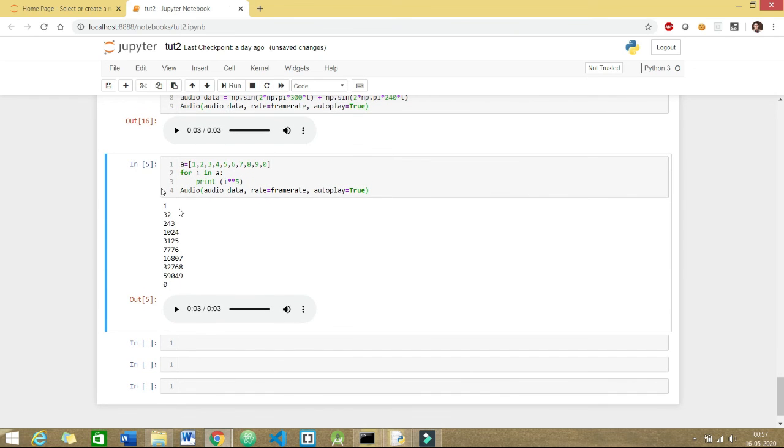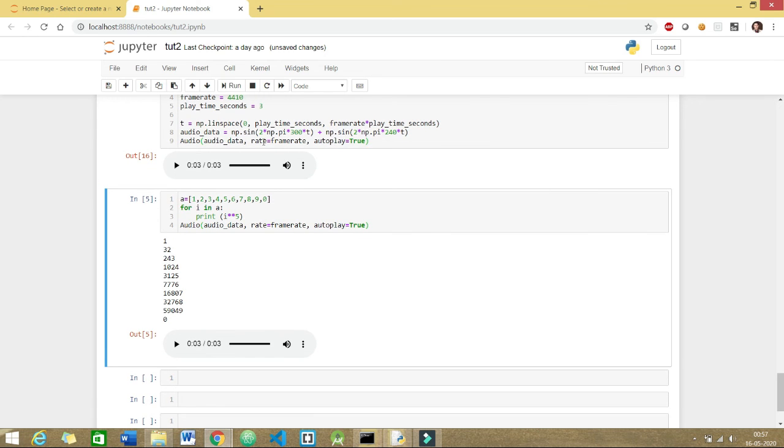So whatever computation you do, just put the last line, that's audio data rate equals frame rate, autoplay equals true, at the end of your cell, and whenever the execution of the cell completes, you'll get an alert that, okay, your cell is completed. So trust me, you'll thank me later after using this functionality when you're working with larger data sets.